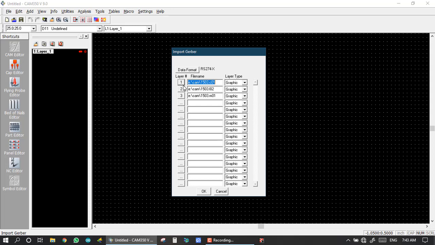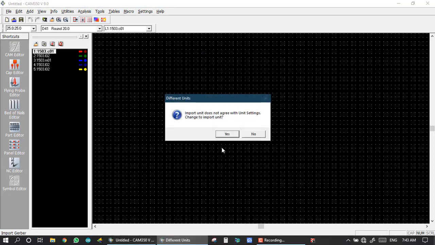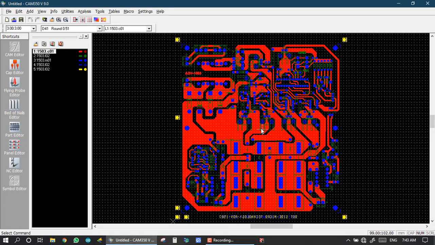This is my first Gerber path, second Gerber path and third Gerber path, and I click on OK and Yes. So this is my first layer and second layer, the second legend layer, of three layers: 1, 2 and 3. So this is how to import Gerber in CAM350 software.